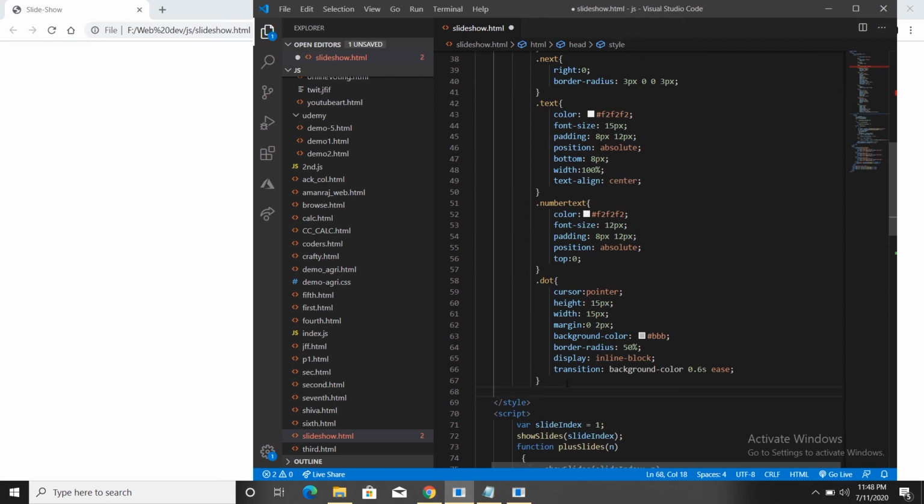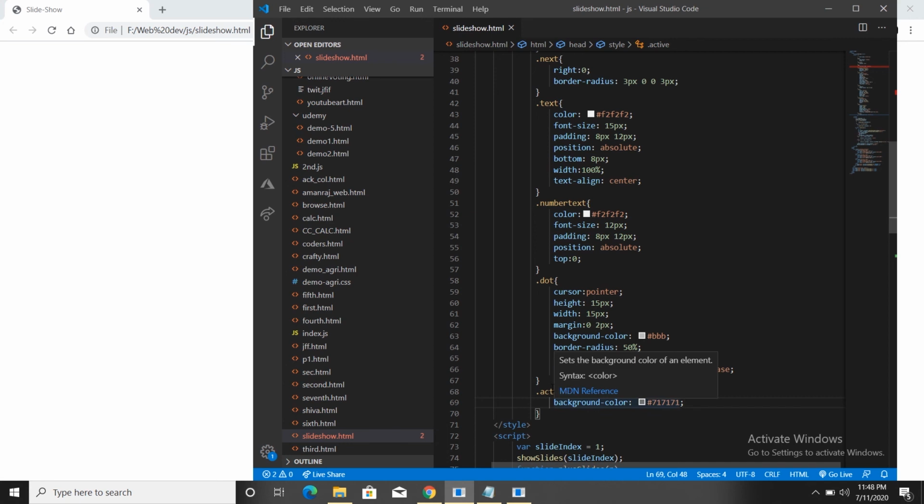And also the hover value for dot will be the same as active, so I will be giving the hover value here just beside the dot. The dot hover part will be equal to the active part, because the active part is just the replacement of the dot. So I am giving the dot hover here.